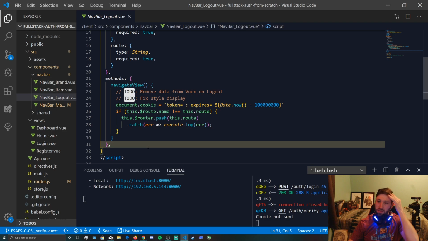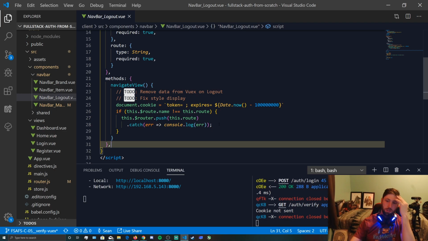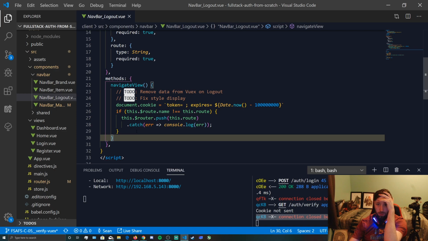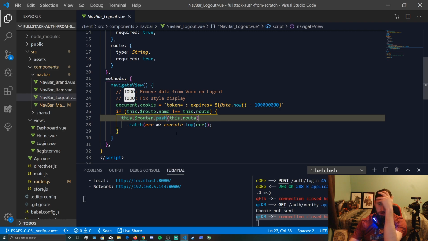Okay, so let's see. What do we got here? So we got to fix this, navigate view. What we want to do is, connection closed, okay, that's fine. What we need to do is push. We need to write a Vuex action and mutation,